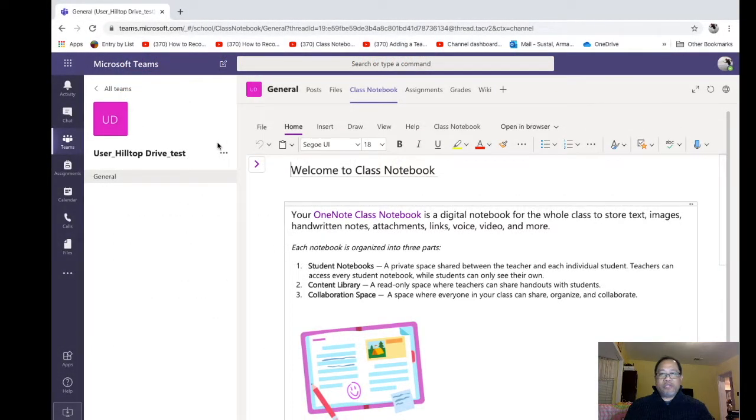So when you go into Teams, click on Class Notebook. Now, if you notice, nothing's been done to this notebook. This is sort of like the default screen, and you can go ahead and enter whatever text you want here. If you want an opening message, because whenever the students click on it, this is the first page that they see. In order to get to the teacher only section,